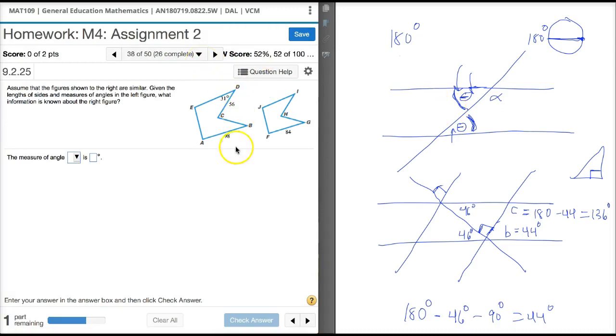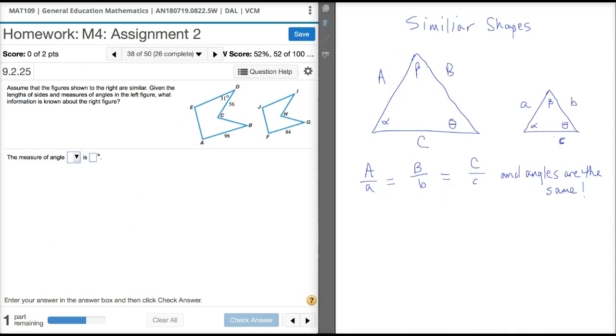So for number 38, we need to talk about what we mean when we say similar figures or similar shapes and their relationships. So I'm going to erase what I have here. We'll talk about what we need to be able to understand this problem, and then afterwards we will figure out how to answer this. All right, so for problem number 38, we're given two figures, and we're told that these